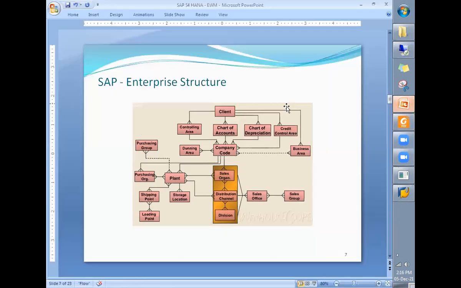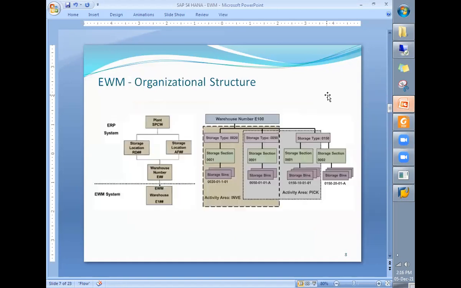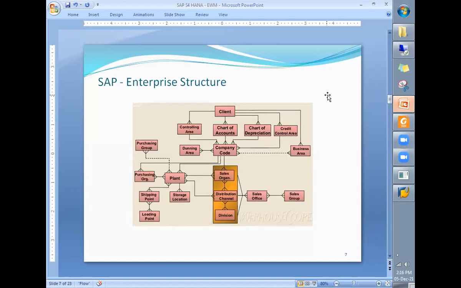So this understanding we will try to have, because in order to use the EWM module, we require organizational units like company code, plant, all the organizational units of MM, SD, and one company code. So these we require.